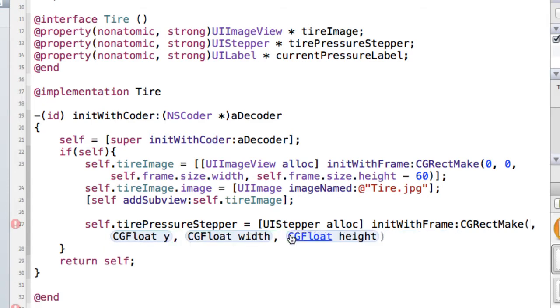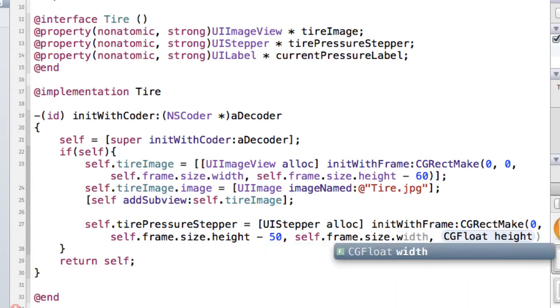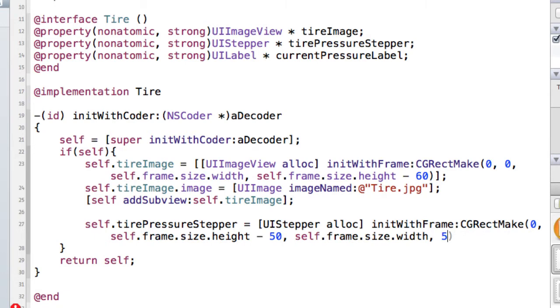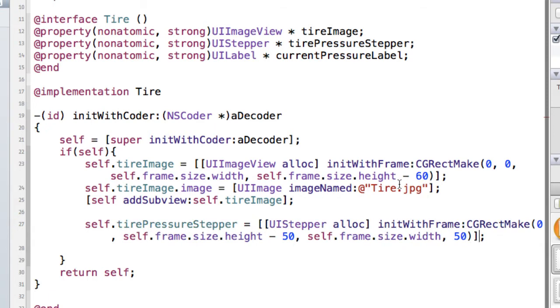So Command X, 0 for that one. Command V for Y. So we want to be 0 from the left side, and then that whole height minus 50 from the top. The width is going to be our width, so self.frame.size.width, and the height is going to be 50. And I forgot one square bracket, so I've got to close that out. So again, this is the alloc, and then this outside one is the entire init method. And we could separate these out. We could actually create a CGRect above this, and it might be a little bit easier to read, but